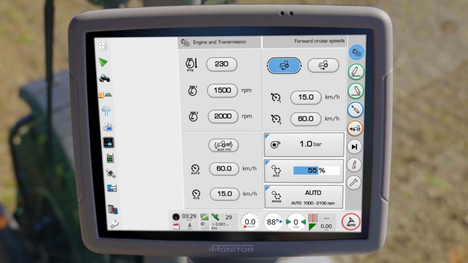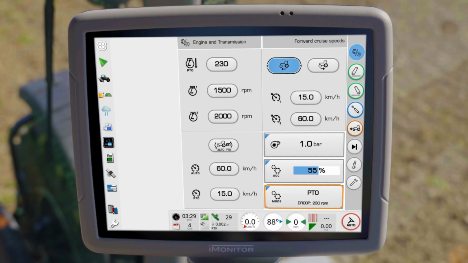Tractors with the TTV transmission offer you three different driving modes: automatic, PTO and manual. Automatic mode is considered the standard mode and is suitable for almost all tasks. When this is active, you set the speed and the engine transmission management adjusts engine speed and transmission ratio fully automatically.